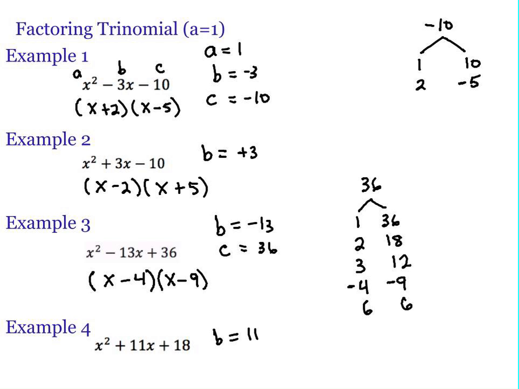Going down to example 4, b now is positive, and so is c. Meaning, we're going to have to find two factors of 18 that are both positive and that add to 11. So factors of 18 are 1 and 18, 2 and 9, and 3 and 6. The +2 and the +9 are the factors that will make up 18 and add to 11. So x plus 2, x plus